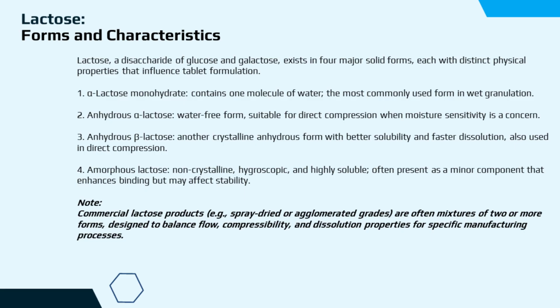These forms differ in crystallinity, solubility, and moisture behavior, which influence their suitability for wet granulation or direct compression. Commercial lactose products often combine two or more forms to achieve balanced flow, compressibility, and dissolution characteristics for specific manufacturing